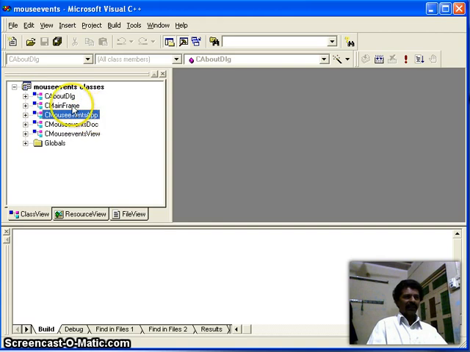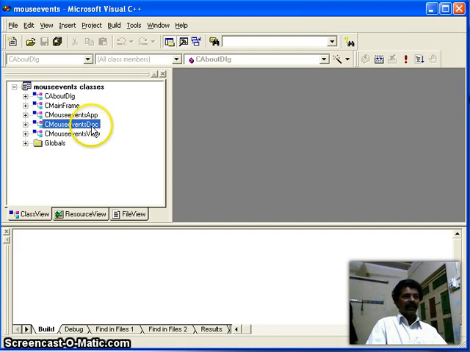Within the application you have this border, this menu bar, this title bar, these icons. They are called the frame, and whatever is inside the frame is called the view. Whatever we see is the view class. And whatever we write inside and store on the hard disk is the document class.